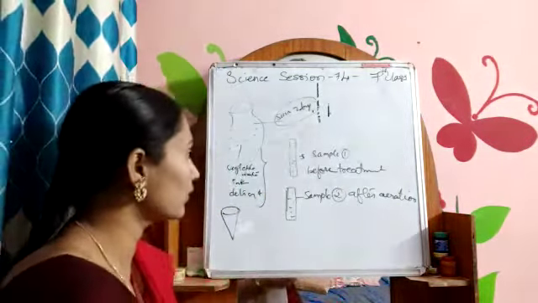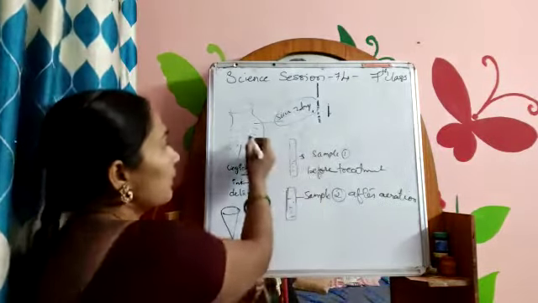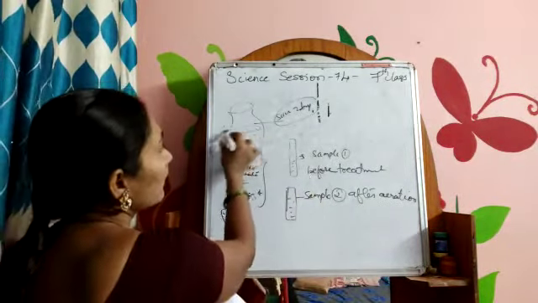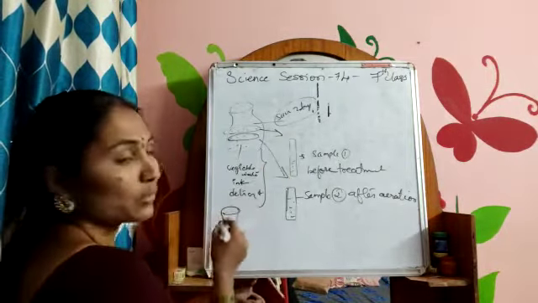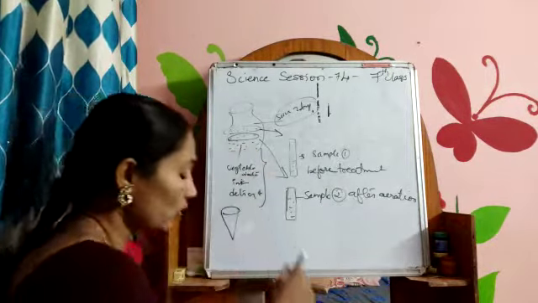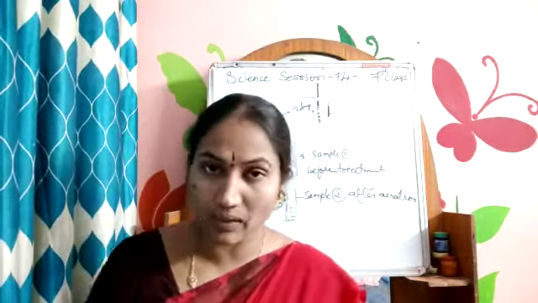Now they are asking to filter the remaining water. So first we have taken this water for sample number 1 and the second for sample number 2. Now the remaining leftover water we have to filter by using the sand and a filter paper which has the sand.